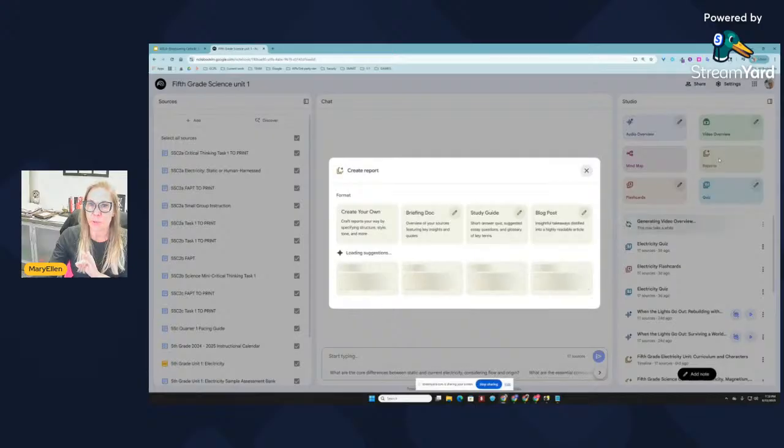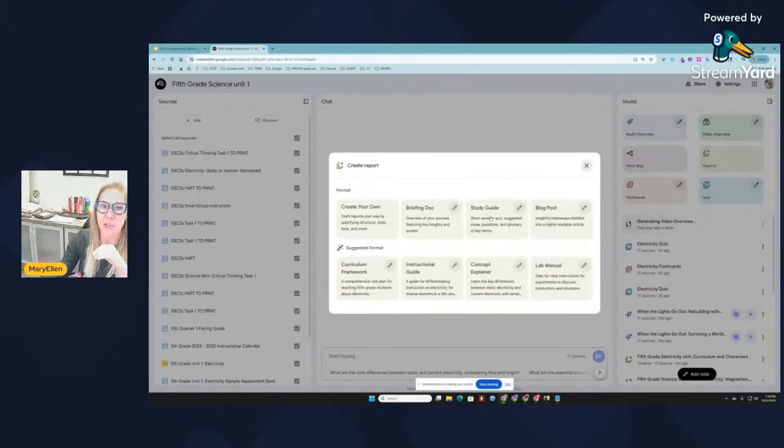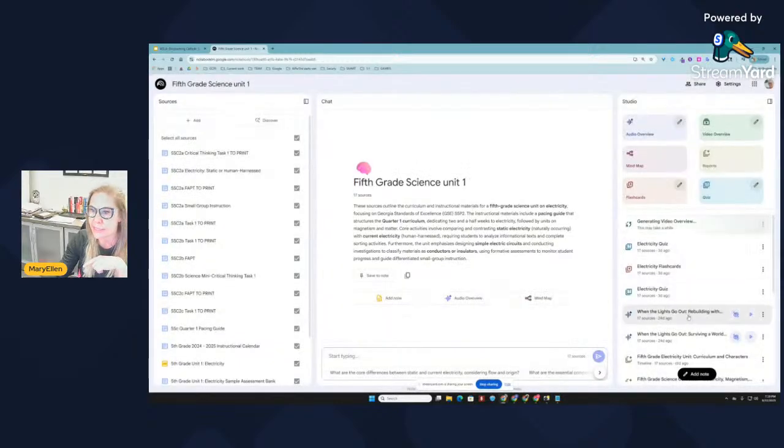Again, under reports, we kind of talked about there being different suggestions based on what all is in the notebook. I just want to point out for a study guide. Oh, and look, you can see the suggested formats here for this one are very different than what we had when we were looking at a calendar, right? But the study guide is very powerful. So if we create a study guide,